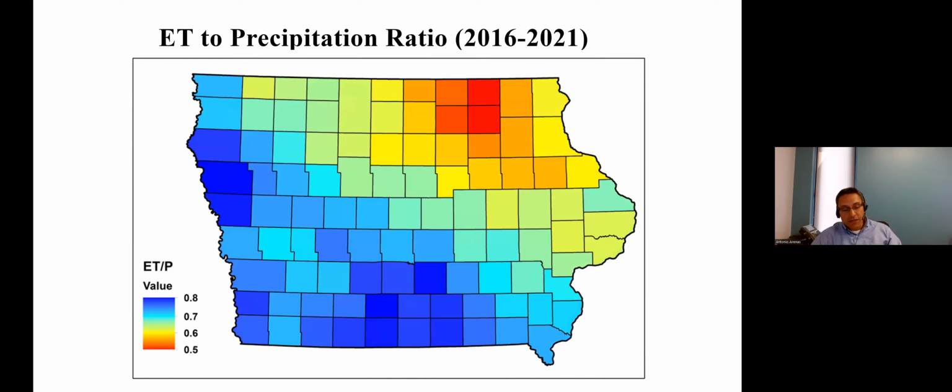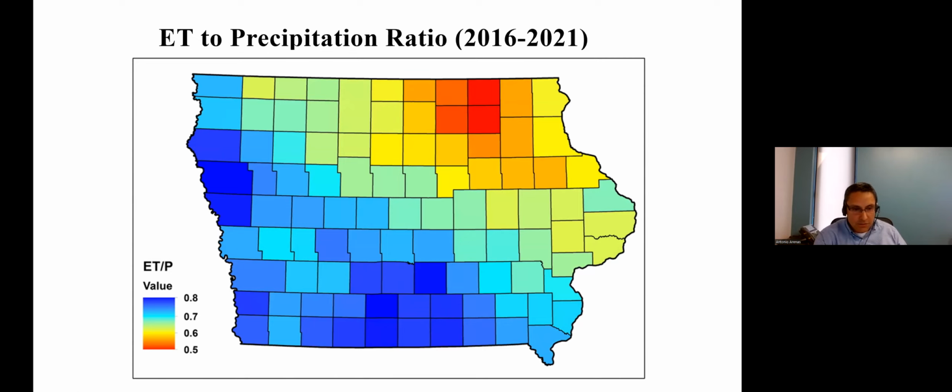Same information as before, aggregated now at the county level. So we have once again these counties here in northeast Iowa, Howard, Mitchell, Bremer County as well. Some counties here in western Iowa, south central Iowa, Monroe and Appanoose County, I believe, are showing